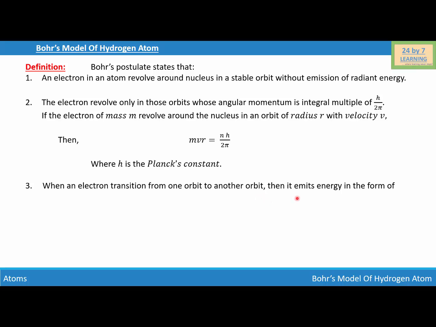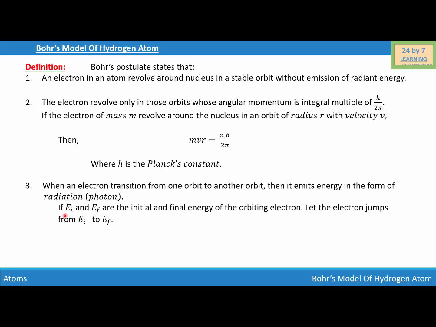then it emits energy in the form of radiation or a photon. Let us consider that E_I and E_F are the initial and the final energy of the orbiting electron. Let the electron jump from E_I to E_F, then we can write hν = E_I − E_F,